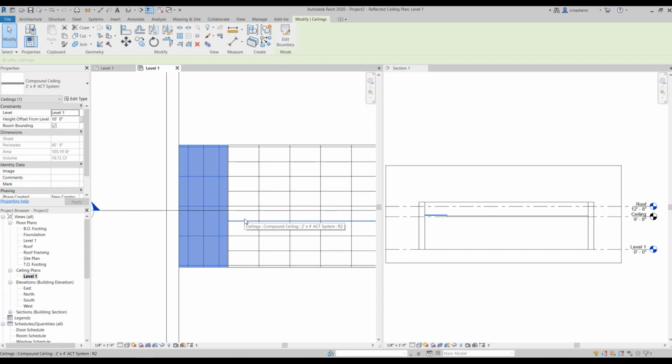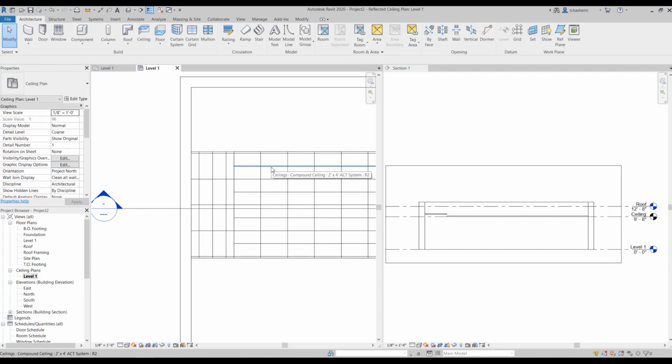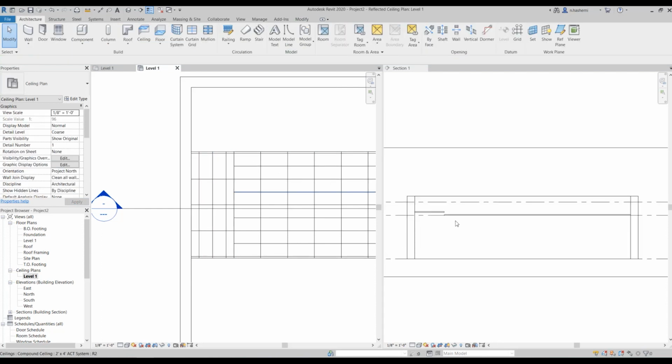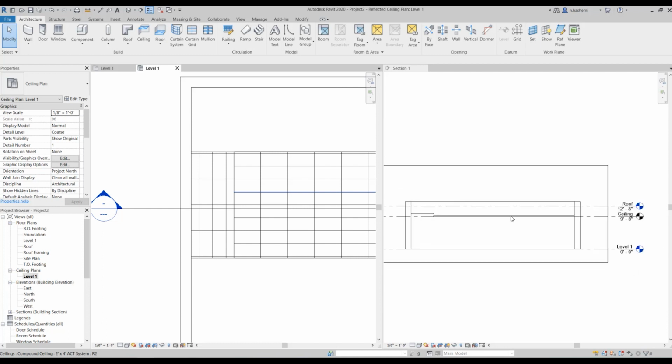I'm going to talk about this right after we're done with this part. So I will set the level to ceiling, and I'm going to change the offset to 8" this time. So it is 8" above this level, but it's still tied to it.